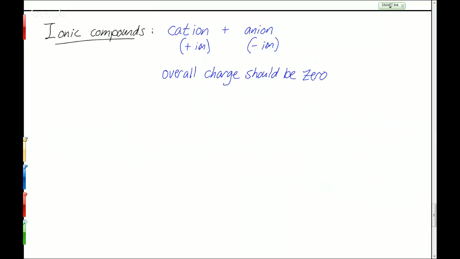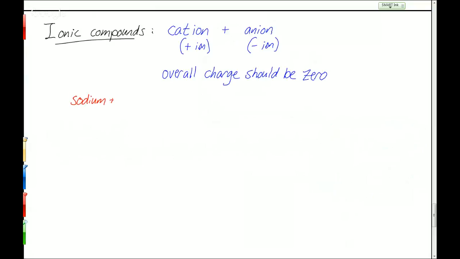So you should have enough cations and enough anions so that together they end up having no charge at all. There's as much plus as there is minus. And sometimes this is easy to put together, sometimes it's not. So if we want to find the ionic compound that's made